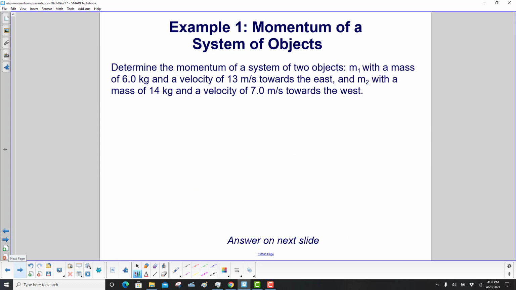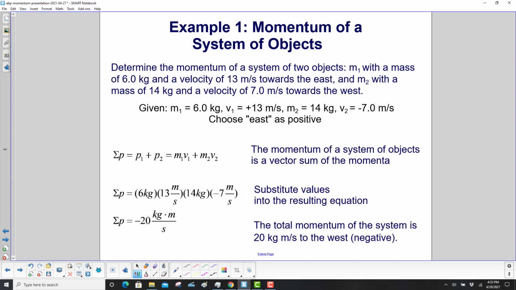So let's work an example with the system of objects. We have two of them. m1 with a mass of 6 kilograms and a velocity of 13 meters per second towards the east, and m2 with a mass of 14 kilograms, 7 meters per second towards the west. We need to make one more statement. We're talking about east and west here, not positive and negative. So what we're going to do is choose the east direction as positive, which means the west direction will be negative. So here's our west direction, -7. Here's the east,